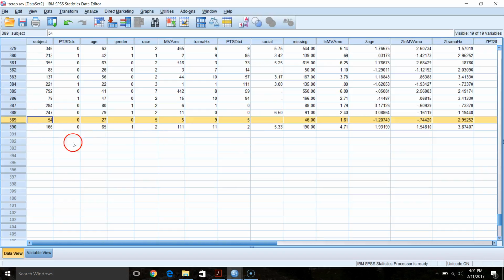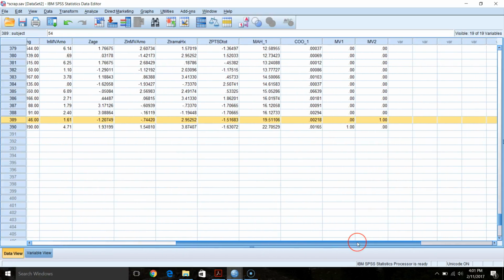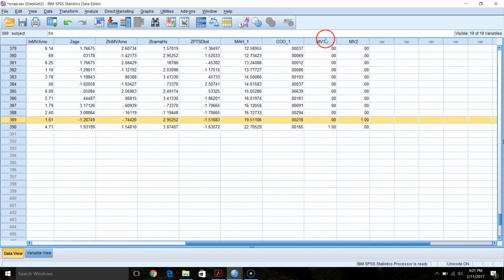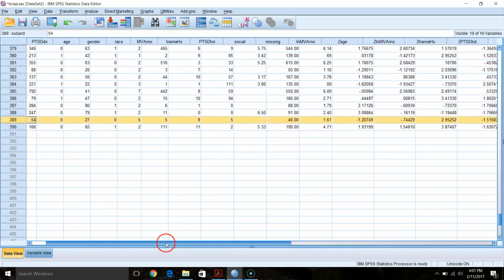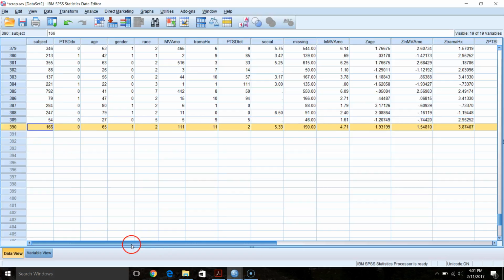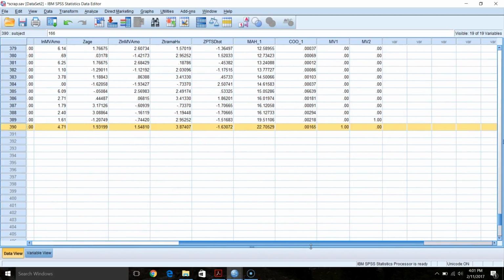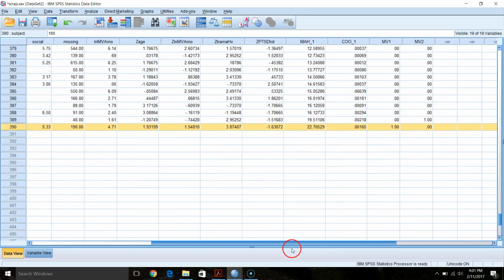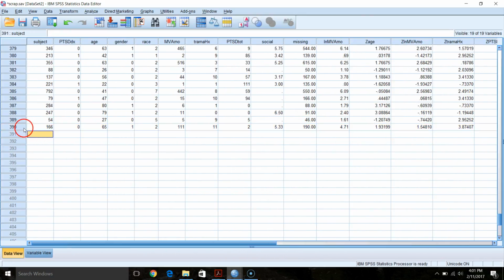So again, what we would do for every case that we identified as a possible multivariate outlier is have a dummy code that identifies that case versus the rest of it and regress everything on there. In this case, we're not going to be worried about case number 54. It was close to our threshold, but didn't quite get there. But 166, this is a clear multivariate outlier. We generally will delete multivariate outliers after we've identified what makes them multivariate outliers. And so what we're going to do is eliminate that case, make sure that we document it here, say why we've eliminated it, and then what we're going to do